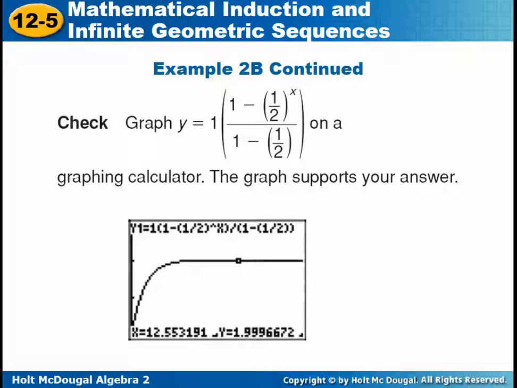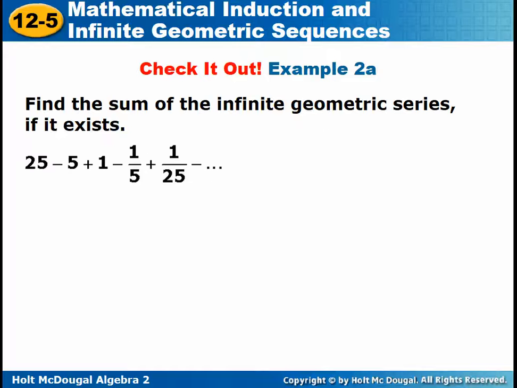And again, there's a graph that supports that. Just another example. Practice this one on your own, pause the video, and then come back and check your answer. All right, so you should have first found r, and you should have found that r is negative 0.2,